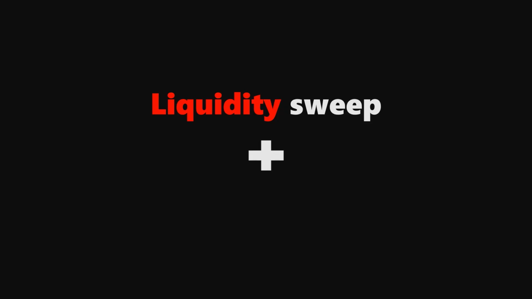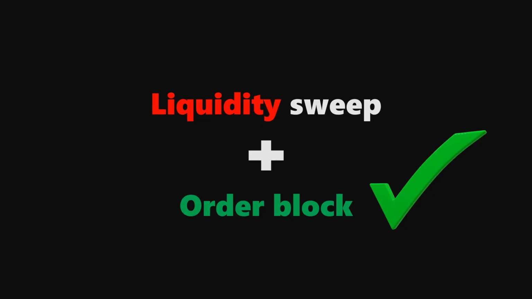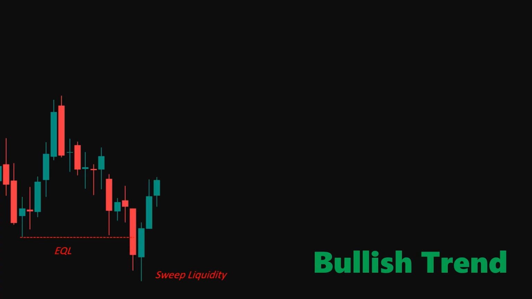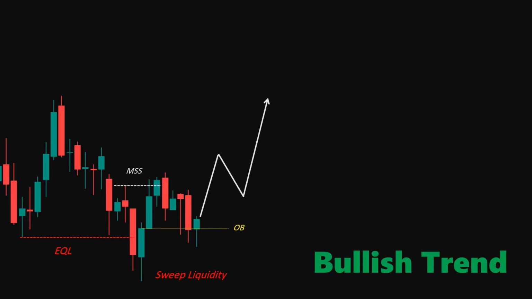This strategy is built on two main elements, a liquidity sweep and a fair value gap. When combined, they form a high probability setup that works in both trending directions, bullish or bearish. In a bullish case, the pattern shows up when price revisits an area where sell-side liquidity has already been taken out, like the lows of the demand zone, a significant swing low, or equal lows. After liquidity is cleared, price often rejects cleanly from that zone. When price taps into the order block created by the sweep, it commonly flips direction aggressively and continues higher, aligning